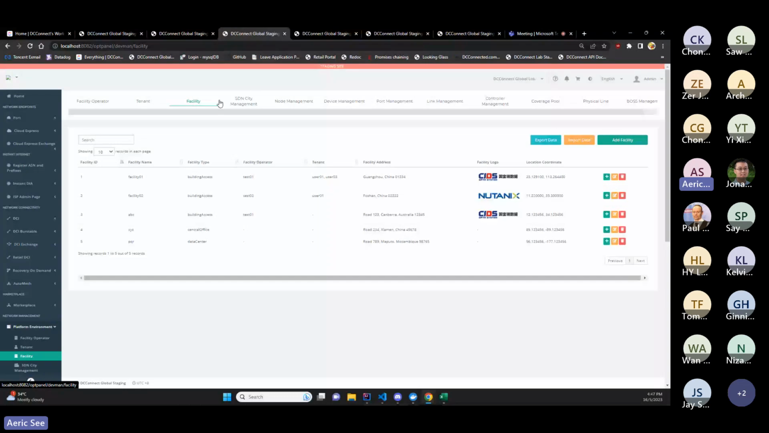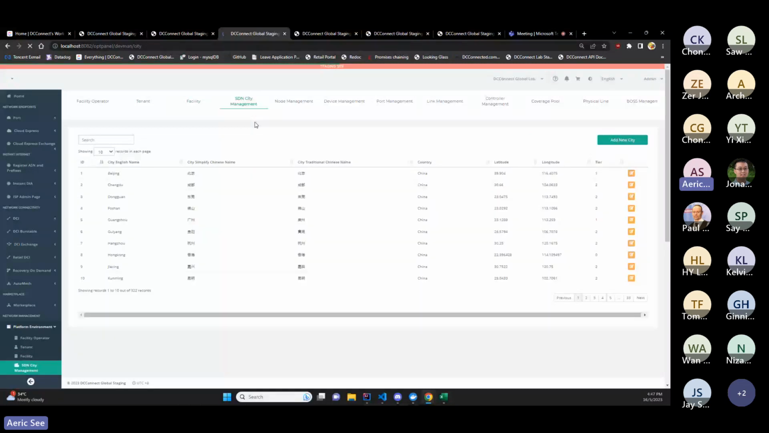Then next one will be SDN city management. This one, the data comes from the SDN cities that have been created previously, just that it will be displayed in table form, and also limited to master account type only. You can create a new city